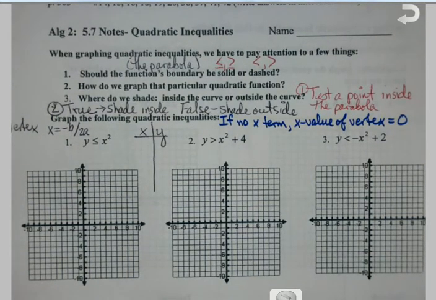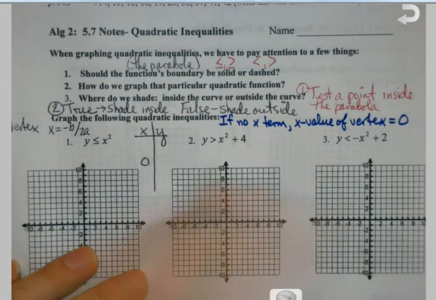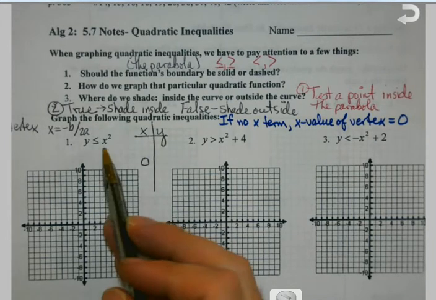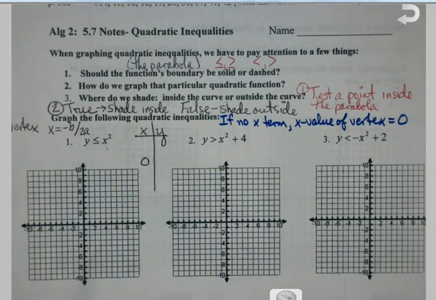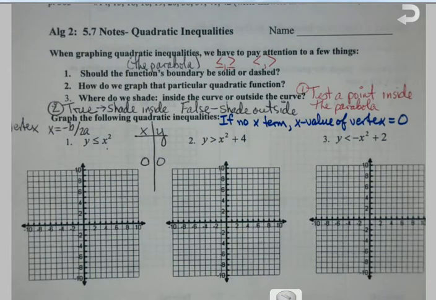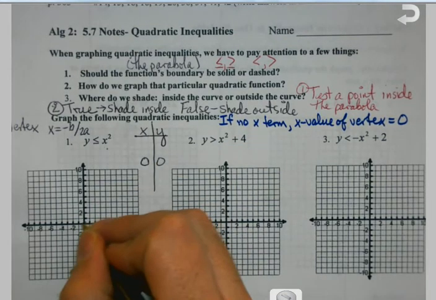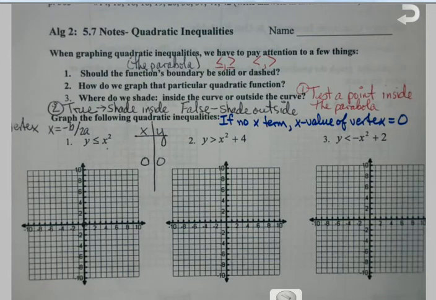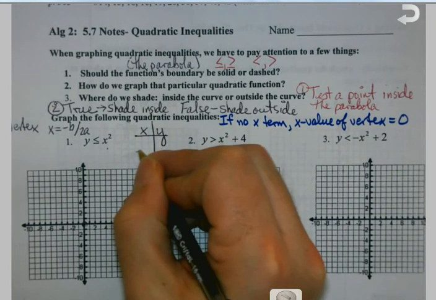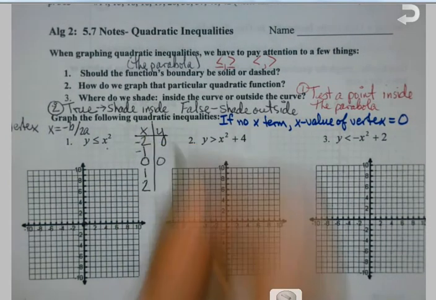So, since I know my x value is going to be 0, and my vertex always goes in the middle, I've got that. So you're like, well, how do I find y? Just like always, we're just going to plug it in. What's 0 squared? 0. Now, at this point, I have a choice. If I have the graphing calculator, I could go ahead and plug this in. Now, if I don't, it's still not impossible if I plug in a couple of values greater than 0 and a couple of